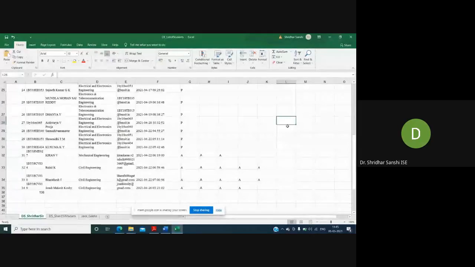Pooja Shananavar. Present, sir. Srinidhi. Present, sir. Kusuma. Present, sir. Kiran V. Present, sir. Rahul. Absent. Bharatesh absent.